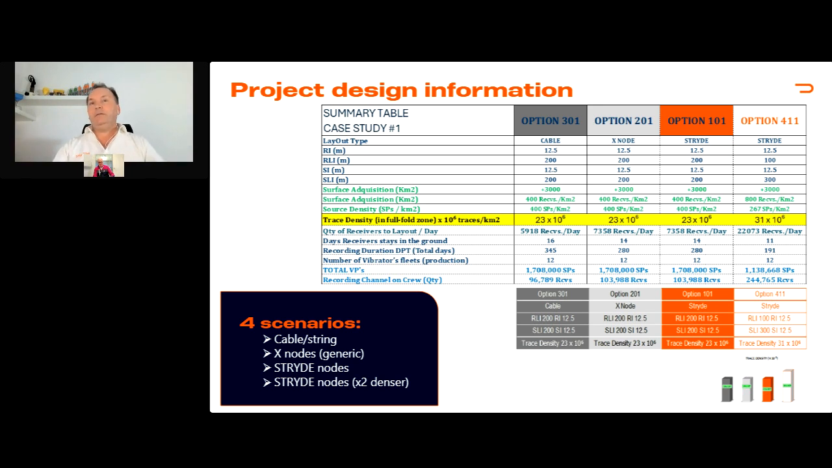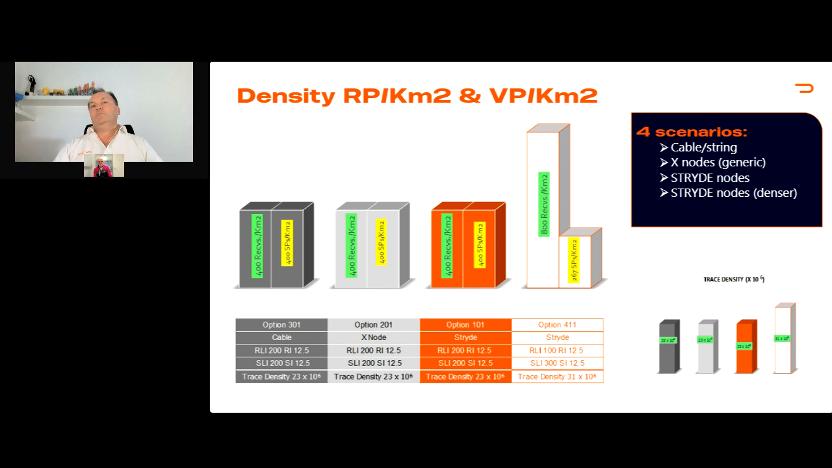And everything else stays the same, but we are putting a little bit sparser the source line. So in the last option, we are comparing a design that is ISO for cable, generic node, and stride node with a stride density higher in receiver and slightly lower on source. Which give us,